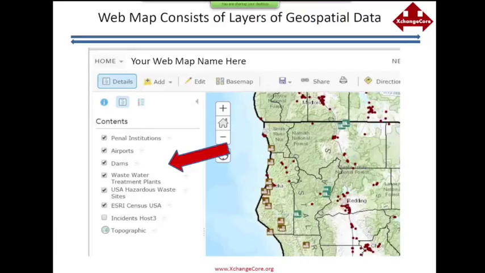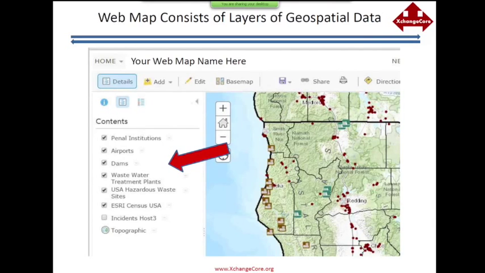They're used for many, many different things. But this is the starting point, is ArcGIS Online, lots of different layers. You formulate exactly what you want to have, save it, it becomes a web map. Then that web map is where the second piece of all this comes in, and that is the ArcGIS Online connector to XchangeCore. And the connector basically wraps around the web map, uses all the layers that are associated with